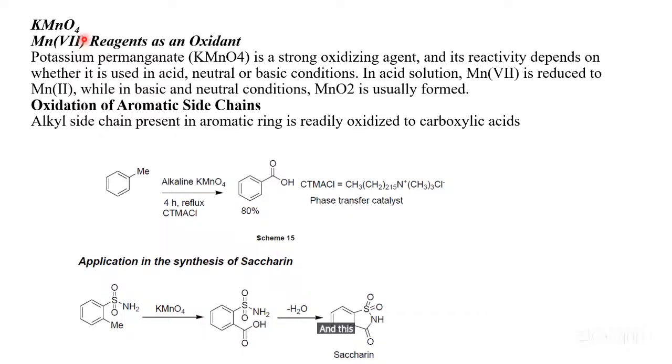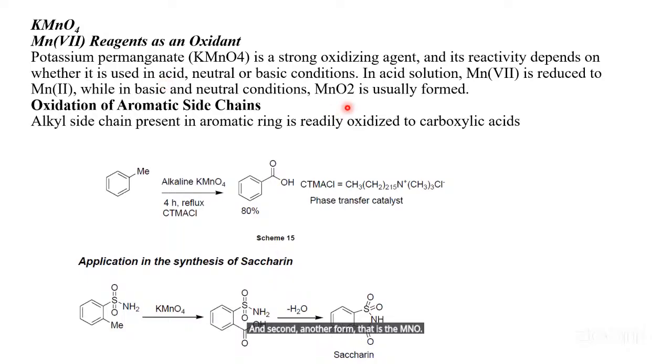This is a good reagent as an oxidant. The oxidant permanganate gives oxidation in all conditions, that is acidic, neutral, as well as basic conditions. The Mn is mostly used as an oxidizing agent in the form of permanganate, and another form,